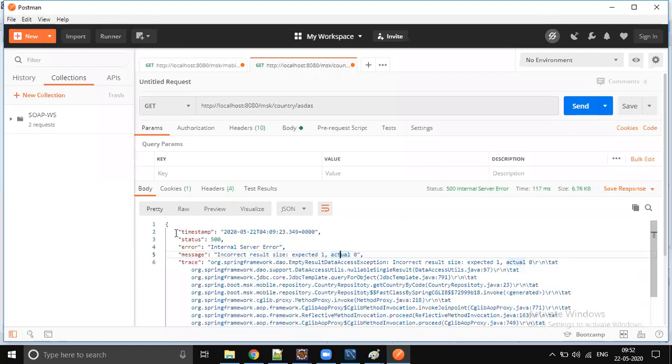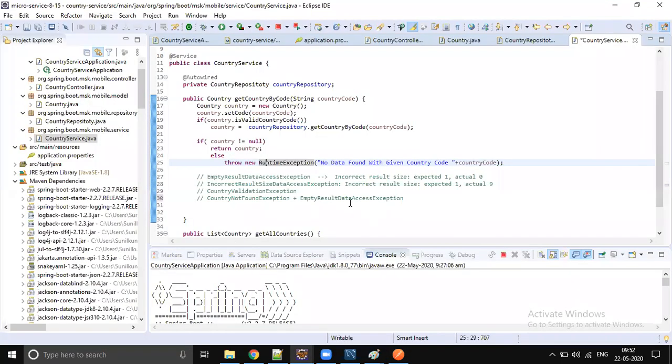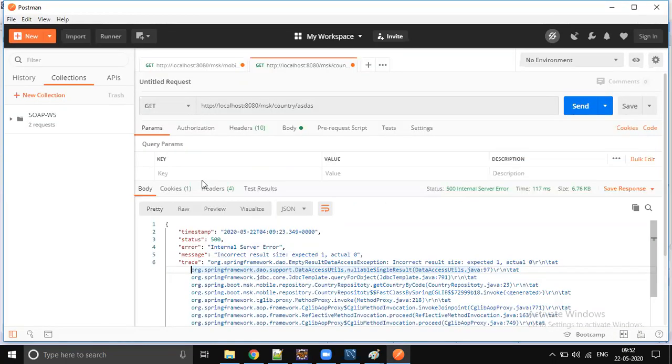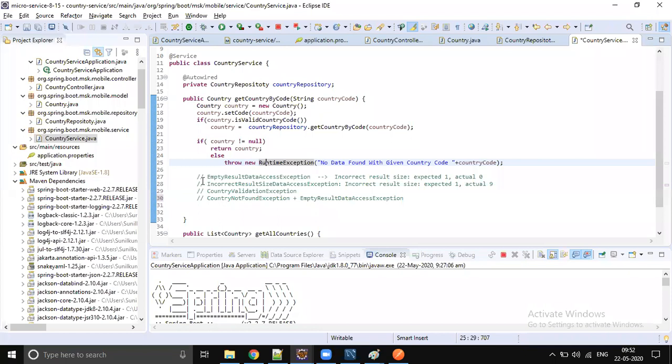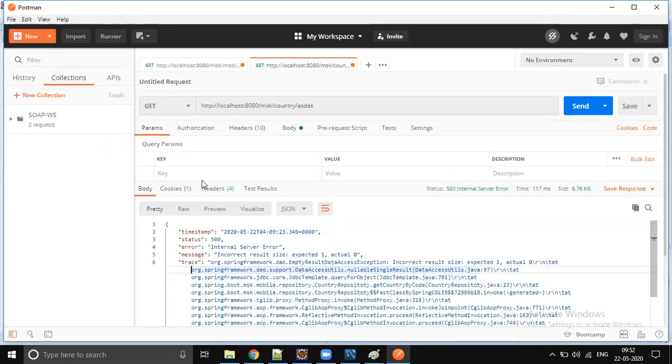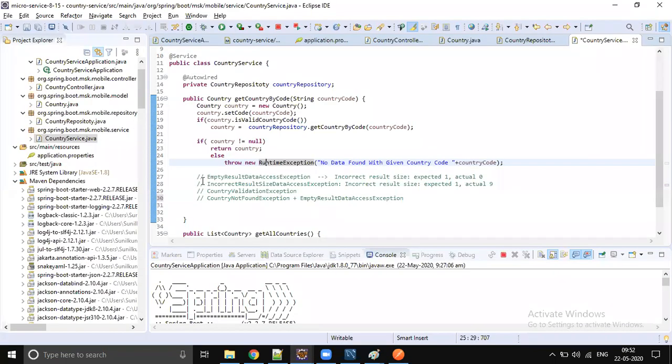This is not the case, right? You must do proper exception handling. Do you want me to show one exception handling and you do the remaining, or will you take care of all? We already discussed this part in the mobile service.